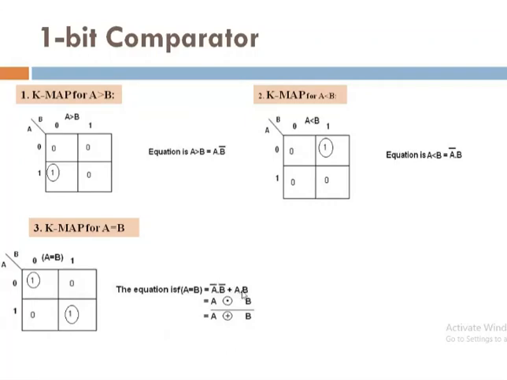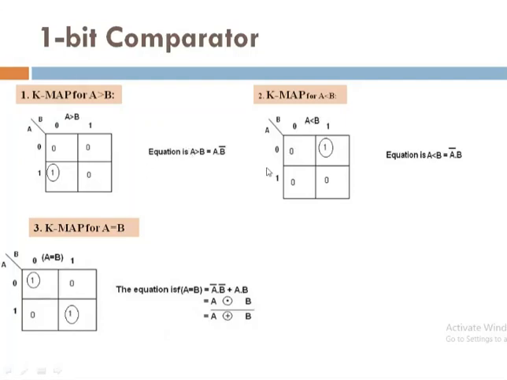It is similar to your XNOR gate. So you can convert it into an XNOR gate: A XNOR B, or you can represent it with an XOR gate and, with the help of negation or bar, write down your XNOR gate. See here, this is another way to represent the XNOR gate: just a circle, and in that circle just put a dot. So this is the representation of your XNOR gate. So these are the K-maps and the reduced equations for your three output parts.